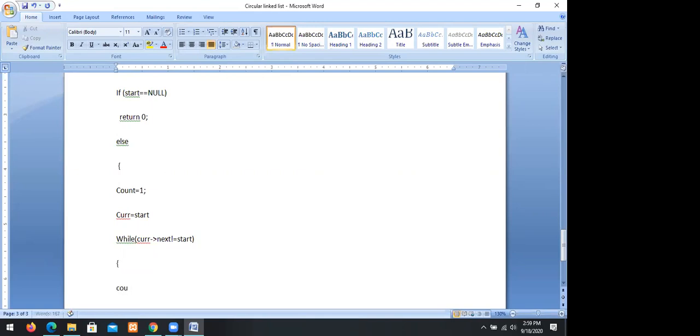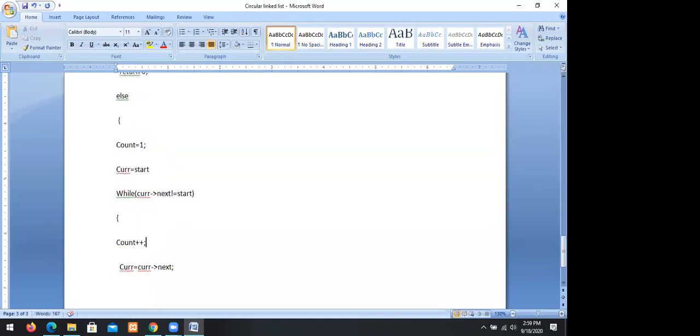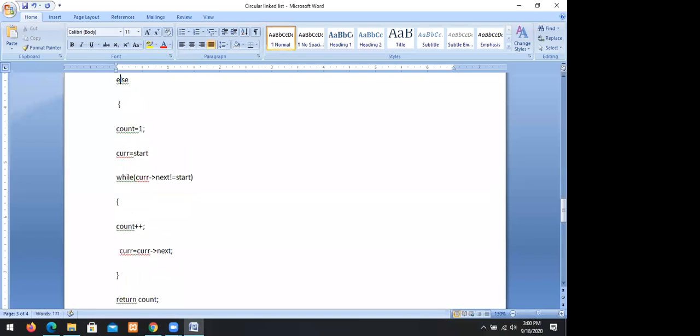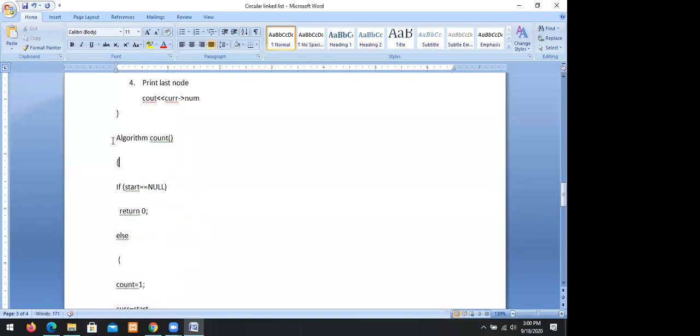Then return count. So this is the module we are using to count the number of nodes in a list.